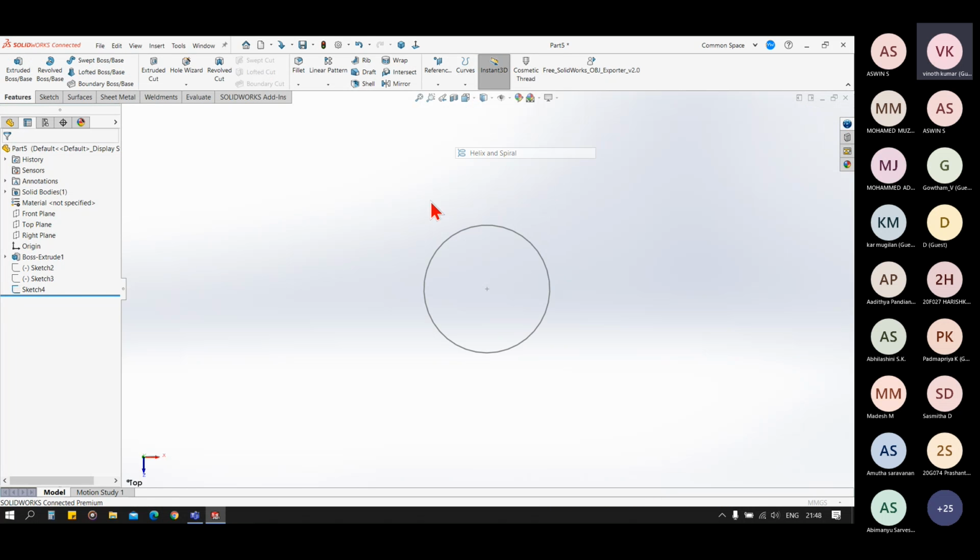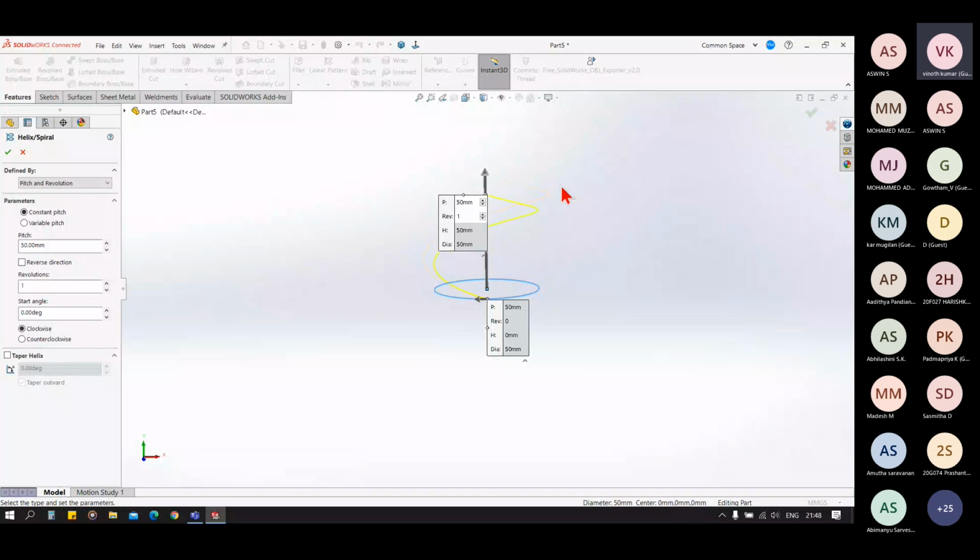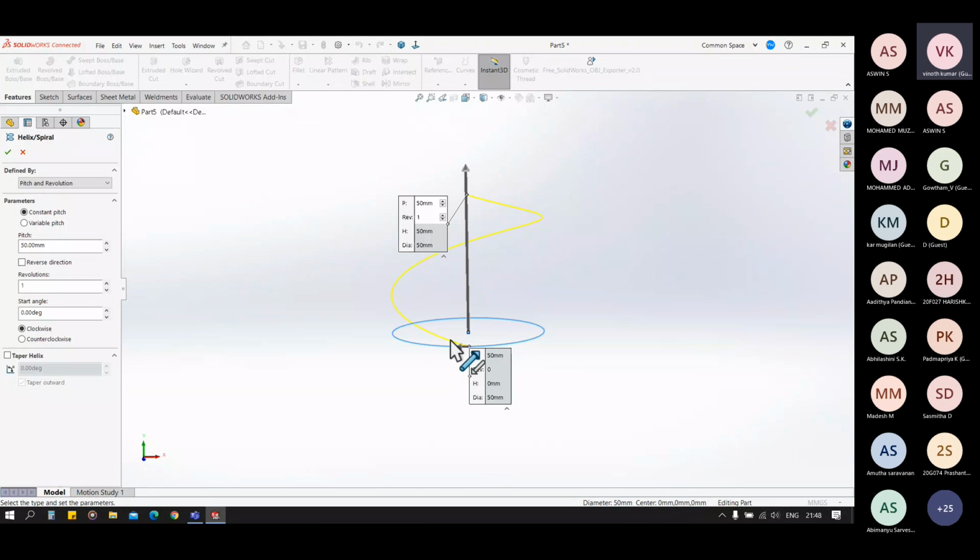In the helix and spiral, when we select the sketch, you can see we have pitch here, number of revolutions here, and other options. We can define by pitch and revolution, we can define by height and revolution, we can define by height and pitch, we can define by spiral. So let's see them one by one.